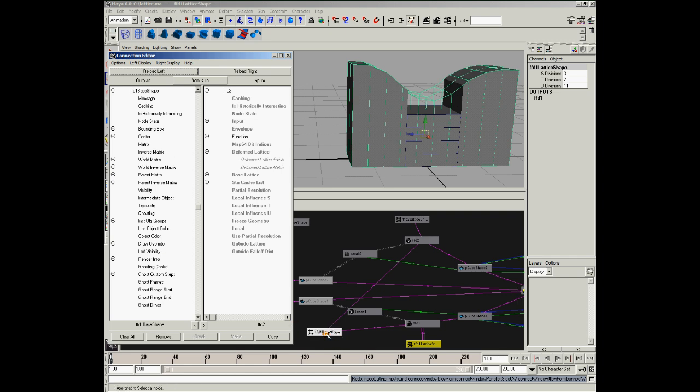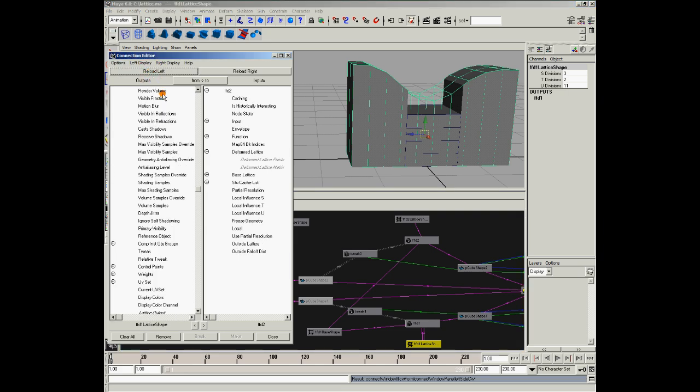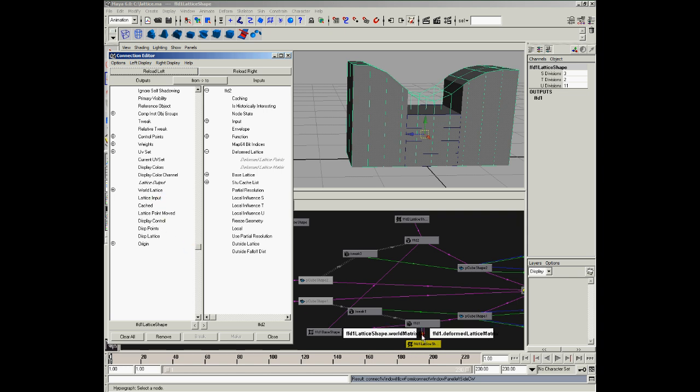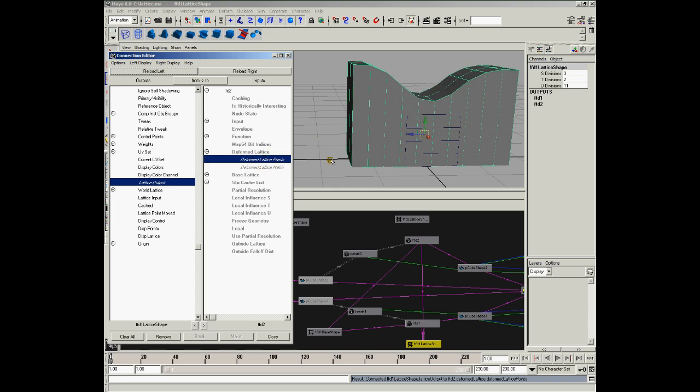So I'll go over to the FFD lattice shape here. We need that selected, so I'll just click on there, and I'll do a reload left. And now if I scroll down you can see we've got lattice input here, which as you can see we need lattice output. So you can see there's a lattice output, and we're going to plug that into deformed lattice points. So deformed lattice points over here. And as you can see, once that's wired up, we